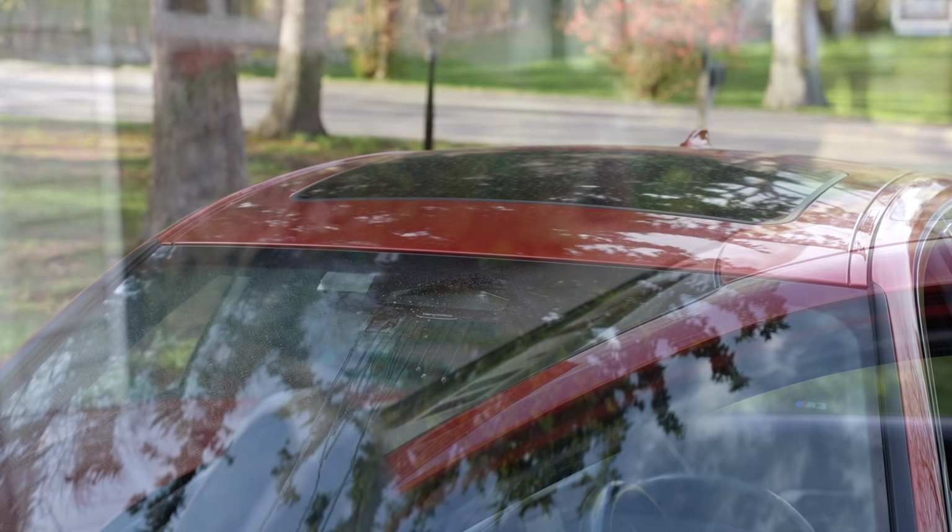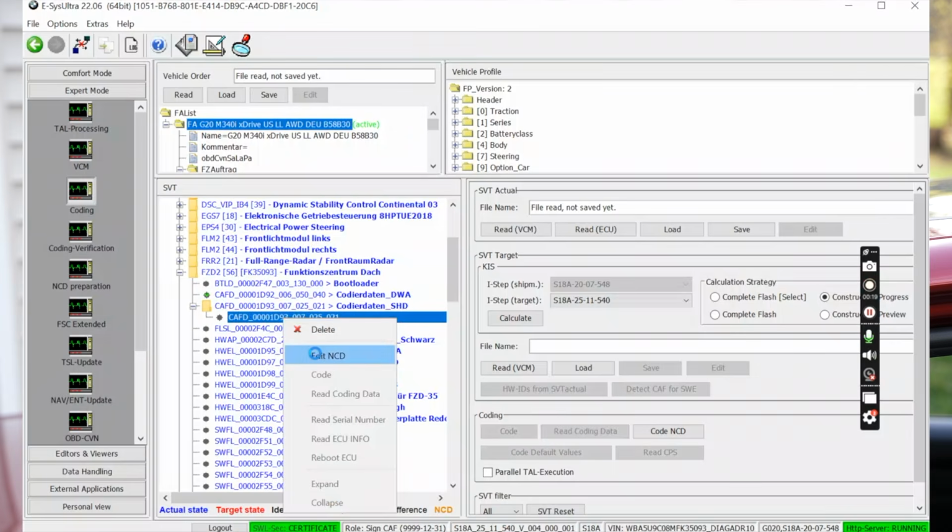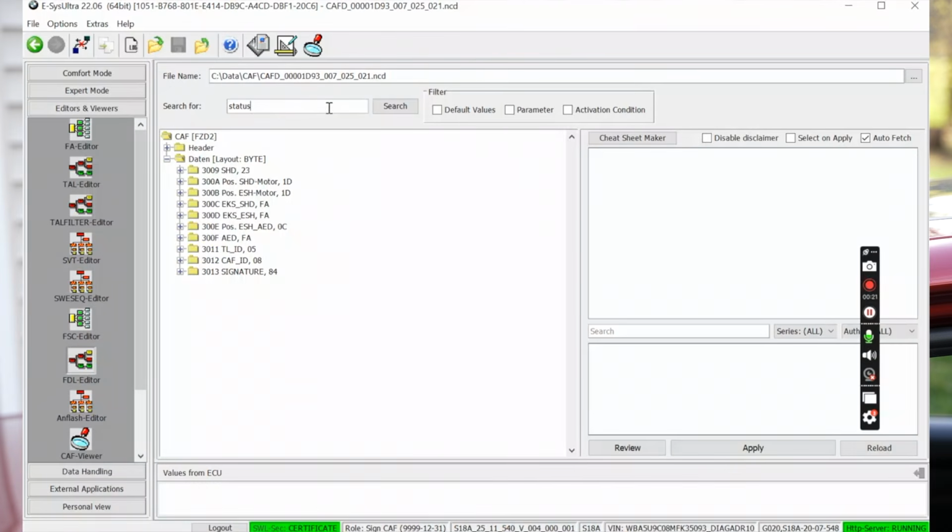It's pretty simple. All right everyone, we're connected here in ESYS. This is the program you're going to need if you're going to want to code it. You technically can use Beamer code because it's just FDL coding. So yeah, here's how you do it. First, connect to the car, come over here, click Read ECU, find your roof module, which is right here. There are two CAFD files. Click on the lower one, SHD, click on Edit, and then you're going to come here and you're going to